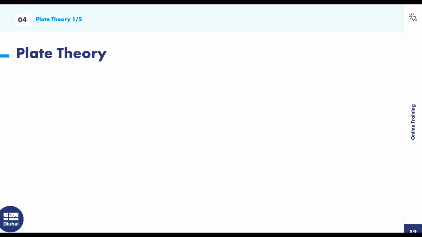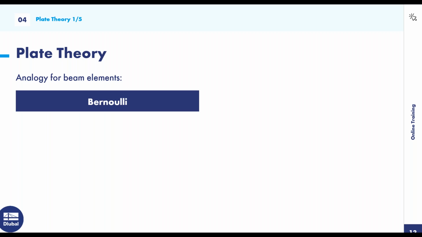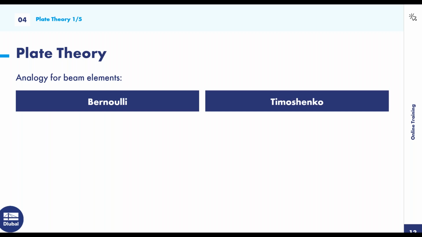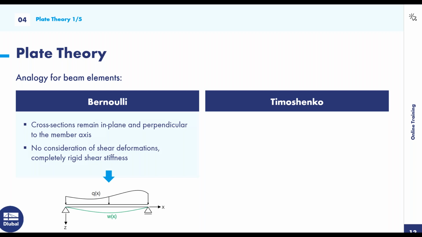To help understand plate theory, I'm going to use beam element theories as an analogy. The first beam element theory is Bernoulli's, and the second one is the Timoshenko theory. With Bernoulli's, there are two major assumptions. The first one is that the cross-section always remains in plane and is perpendicular to the member axes. And the second one, most importantly, is that there's no consideration of shear deformations, and the shear stiffness is completely